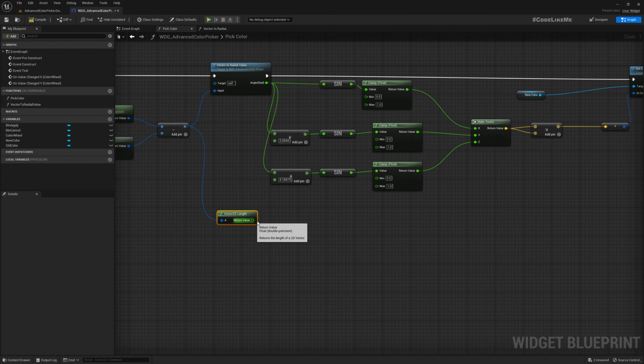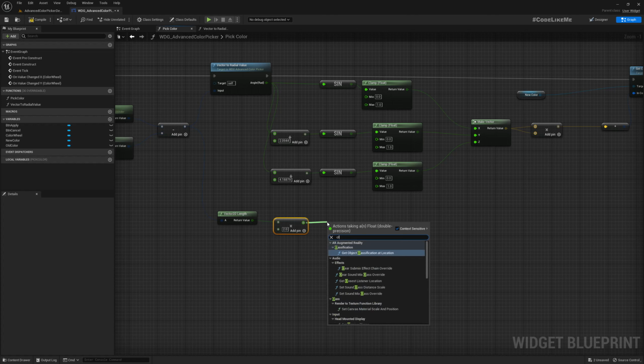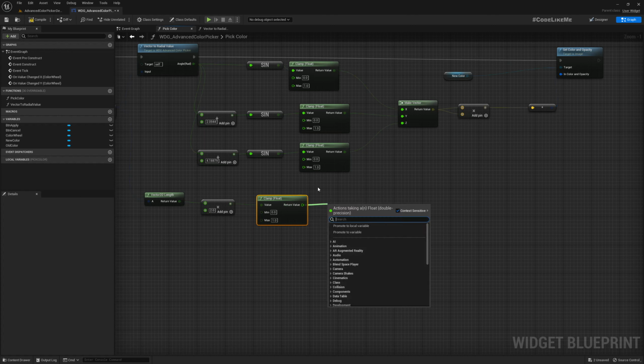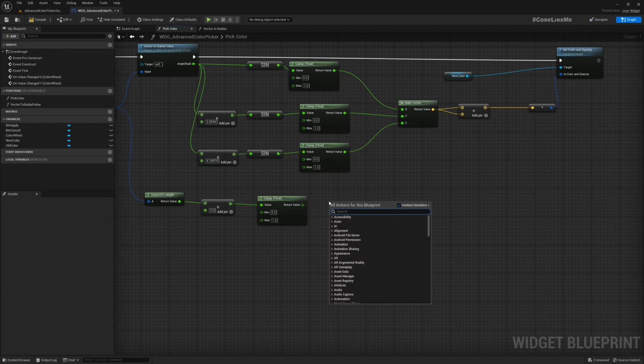Multiply by 2 and then clamp between 0 and 1 and then 1 minus x, but we don't have 1 minus x, so we will have, we have it. We can just simply do this and then power with 5